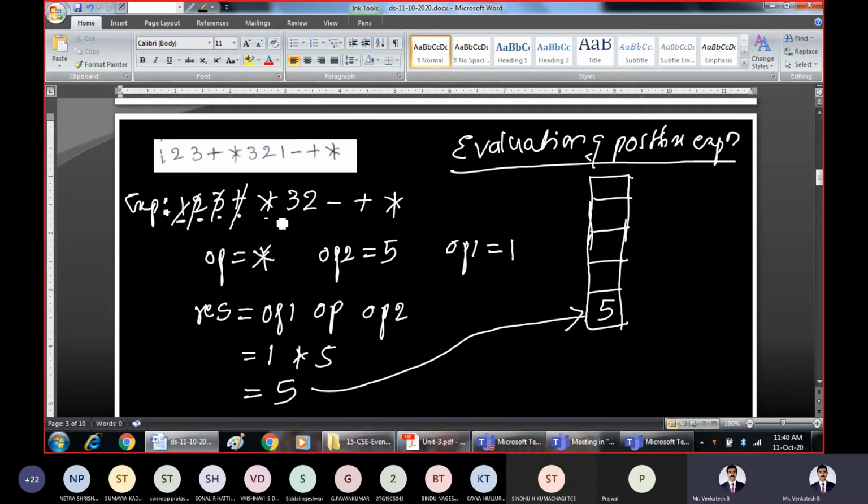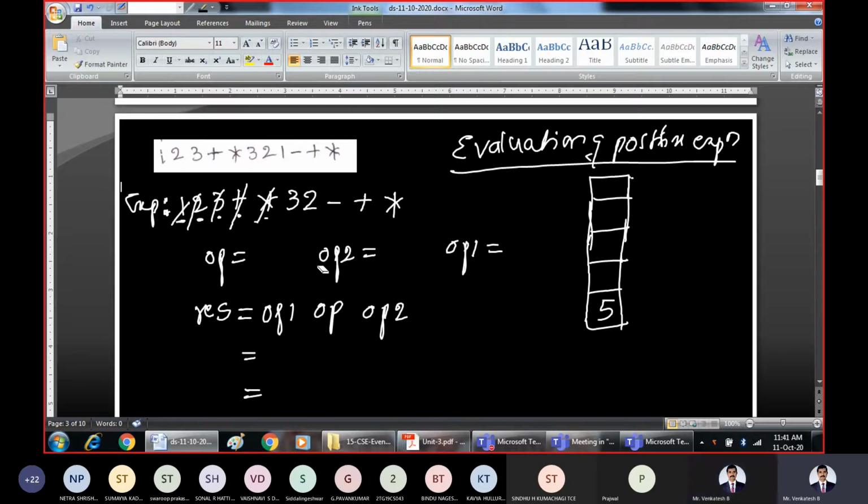Right? We have processed star. Now these are the remaining symbols. So before I proceed with the remaining symbols, I will erase the existing things. Let us erase this operator, what we don't have, symbol, what we don't have. Right? Now let us scan the remaining symbols.